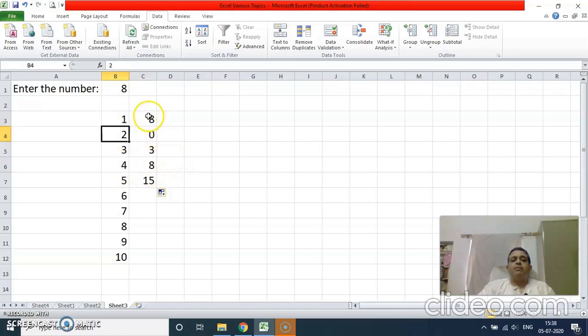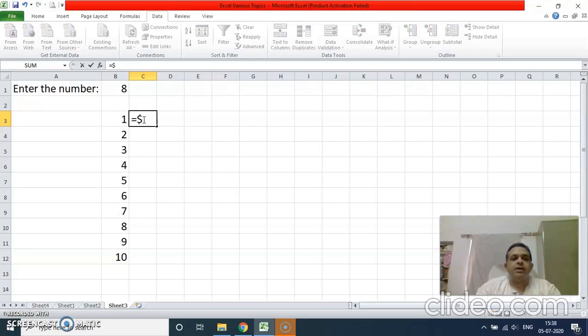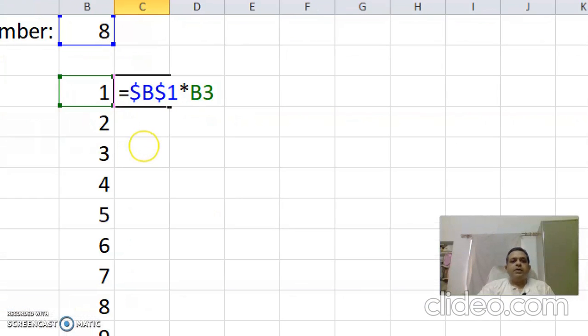Now to solve this problem, we have another referencing called absolute referencing. What happens in that? When you type the formula here in the starting, is equals to, we are going to use the dollar symbol, dollar B and again dollar 1. Now this cell 8, dollar B dollar 1, multiply by this cell. Okay, now you see the formula here. I double click. Dollar B dollar 1 makes it absolute. Absolute means this cell reference is not going to change even if you copy it to some other cell, but B3 is going to change. So how it works? See it here.